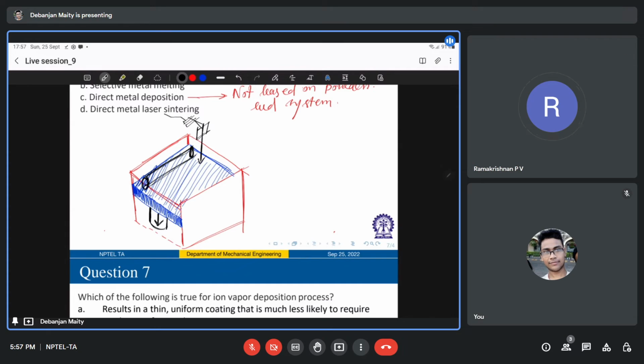Whenever, say, initially, this is the complete chamber volume. So initially, let's say this was at a height of h1, and then the spreading and then rolling, and then the laser scanning happened, and you formed one layer, and then